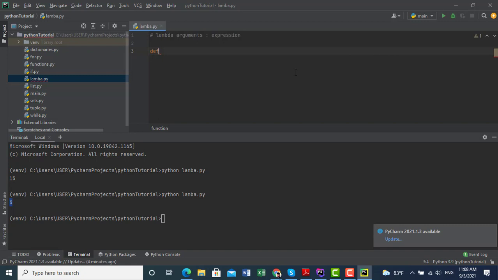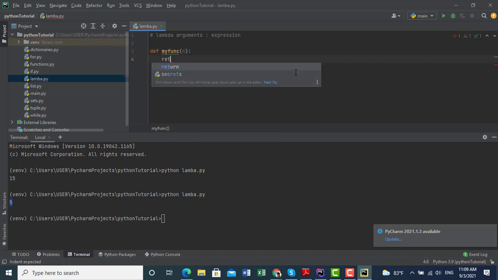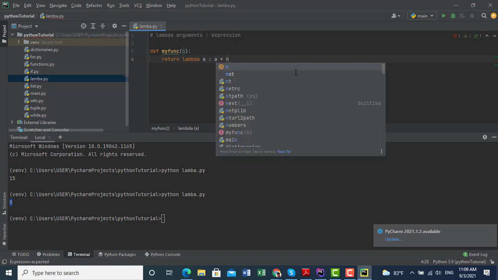Then I define a function, my function. Then the parameter argument is n. Then I return lambda a: a multiplied by n.